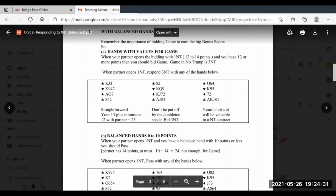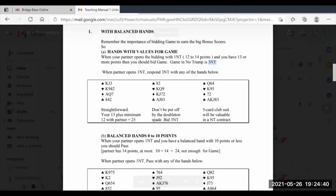Now, that's what you do with 13 points. If you have 13 points or more and your partner opens the bidding with 1 no trump, you bid 3 no trump. Does that make sense? That's not up for debate. It's not up for discussion. You just need to learn and remember and do. If your partner opens the bidding with 1 no trump and you have 13 points, you respond